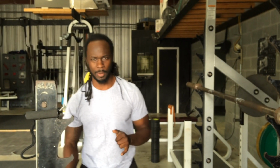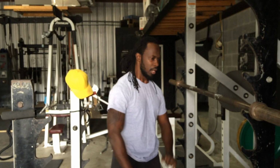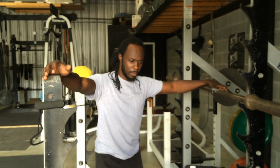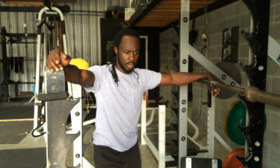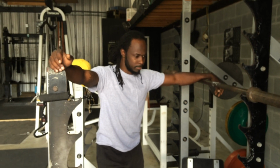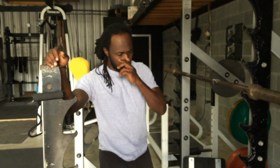Alright, today I'm going to talk about the shoulder press, standing shoulder press to be exact. I'm going to talk about how to do it using the hollow hold, my method, my theories, and it's simple. Like I said, with the hollow hold, you want the body to be